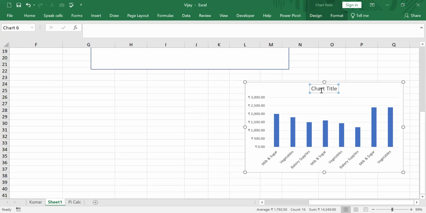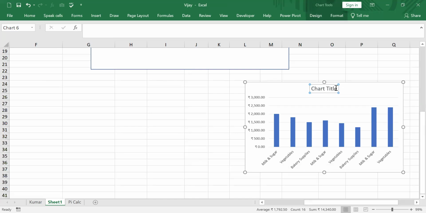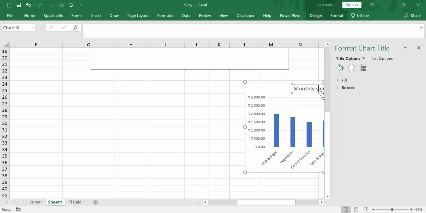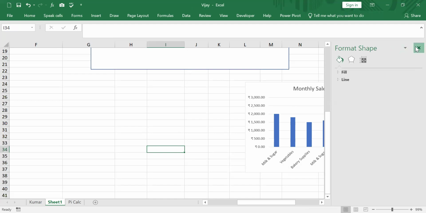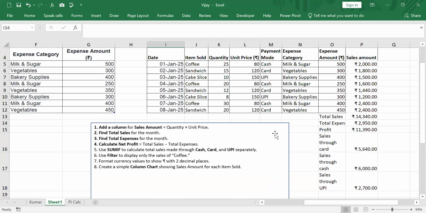And then there are various things that need to be done. This is monthly sales, etc. We'll not cover that today. So monthly sales. We know that is monthly sales for Jan 2025. And many other things need to be done to make it look better. All those things will be done later. So that takes care of the entire thing of whatever is asked for in this. To practice these things,